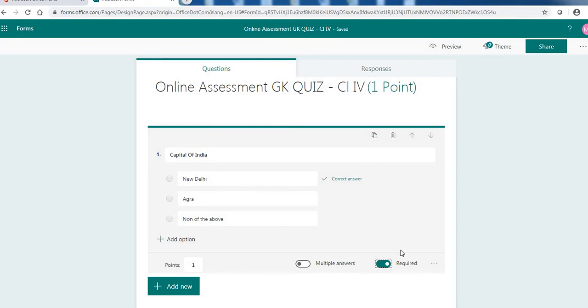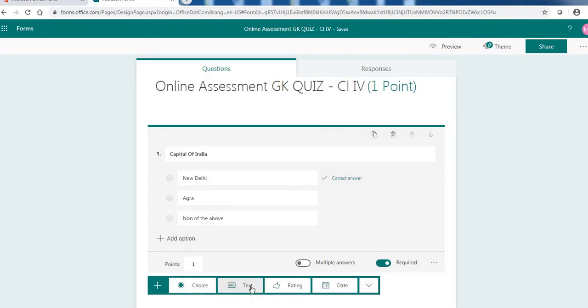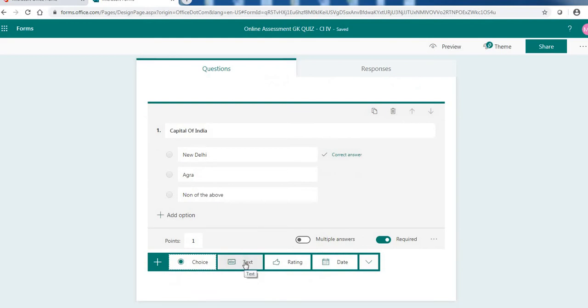Now let's say I click on Add new. This is the second question. Now the Text part we are not checking, because when you assign any field as a text, it looks for the answer which matches word to word the correct answer of what you have typed in the correct answer box. So we'll keep our form simple by choosing multiple choice.